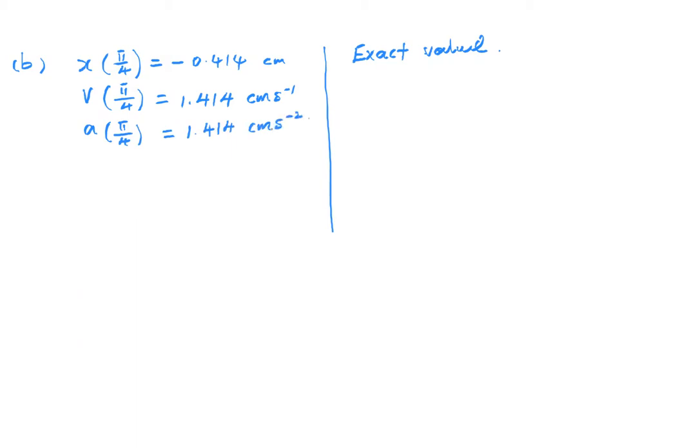So now you say that at t equal to pi by 4 second, the object is 0.414 cm at the left of